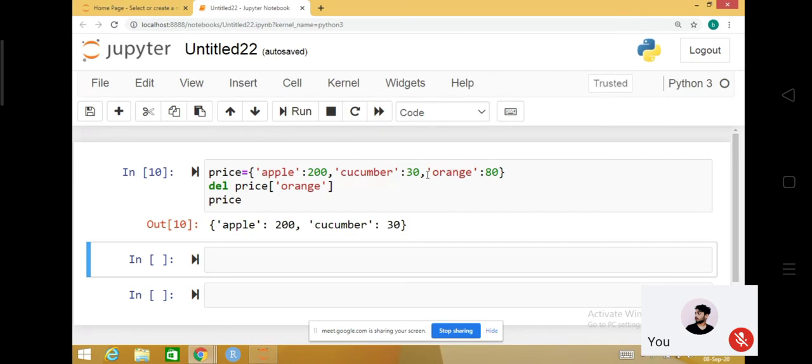Or you can directly get the value, as we have seen already, using the square bracket and the key.